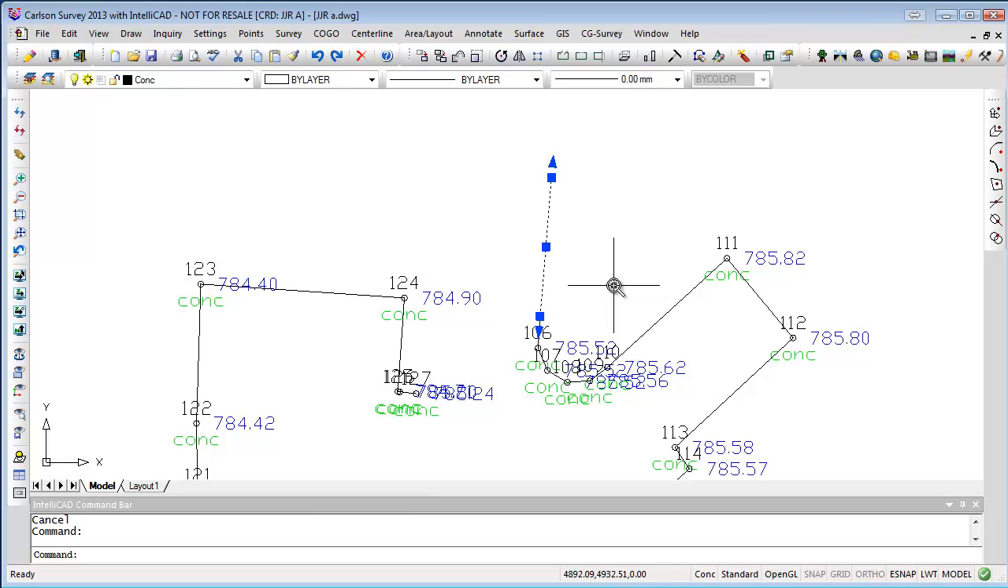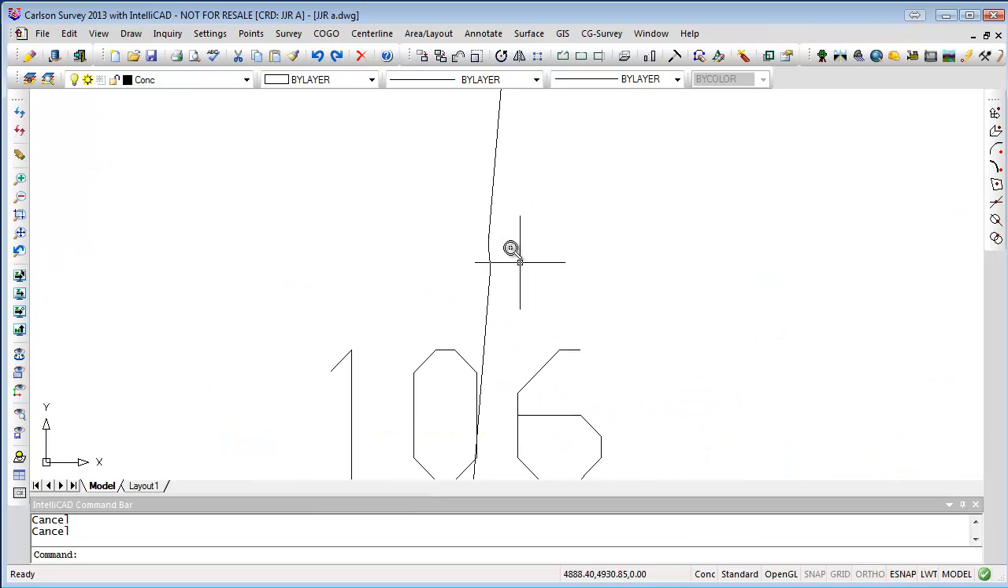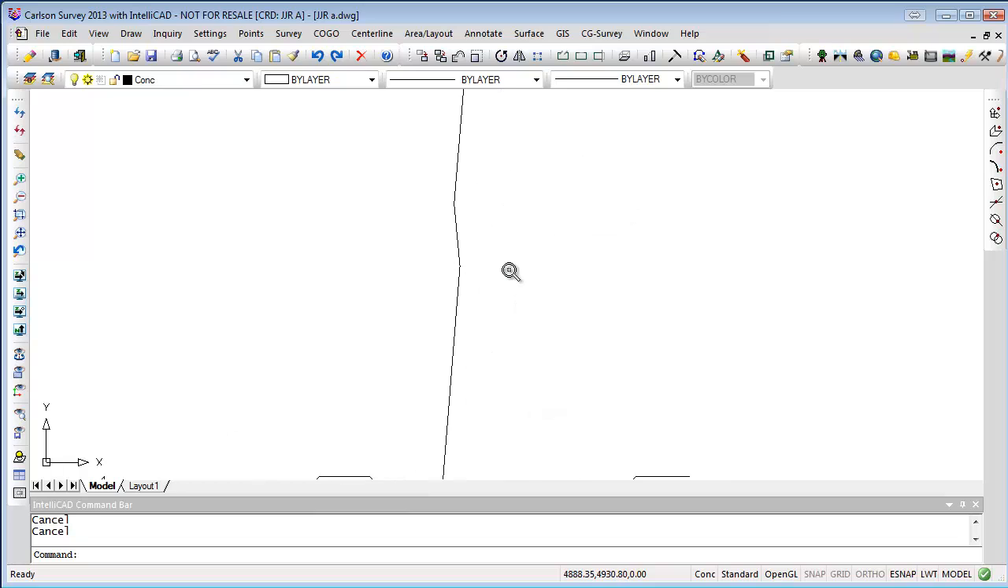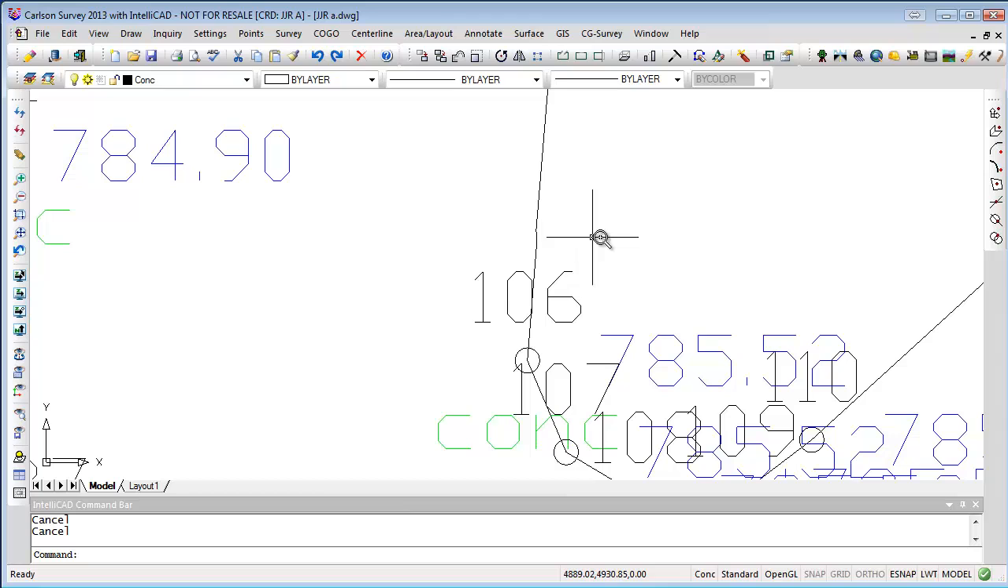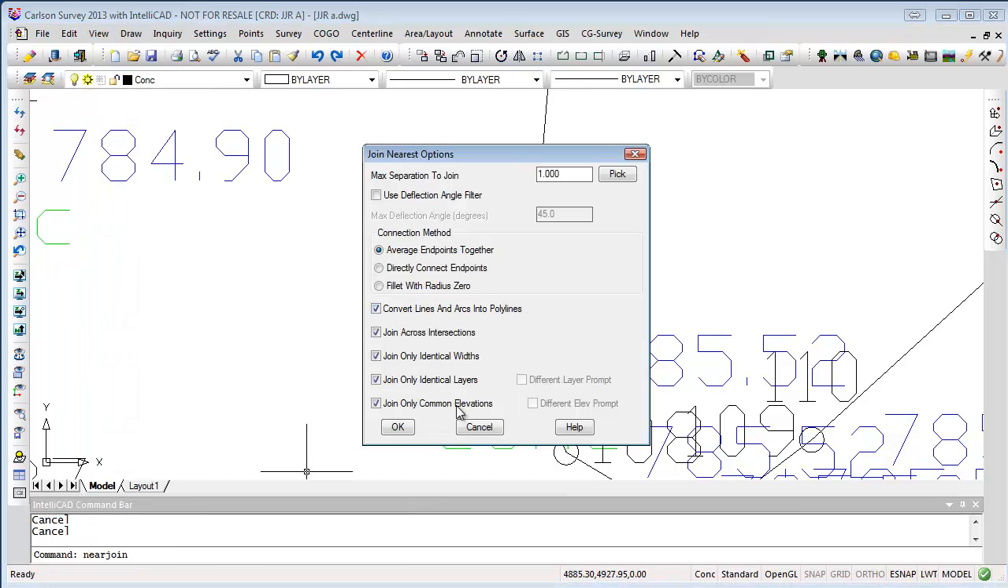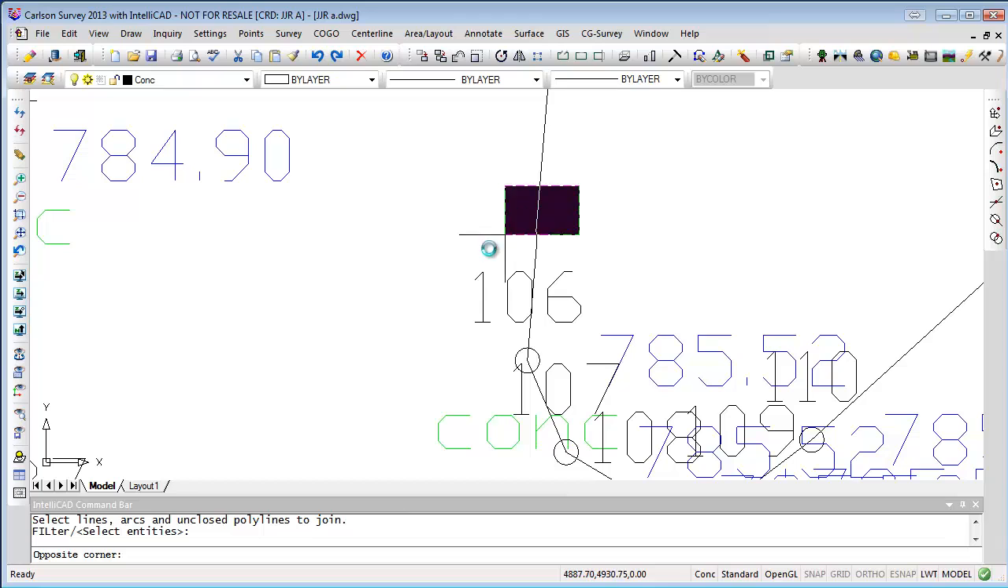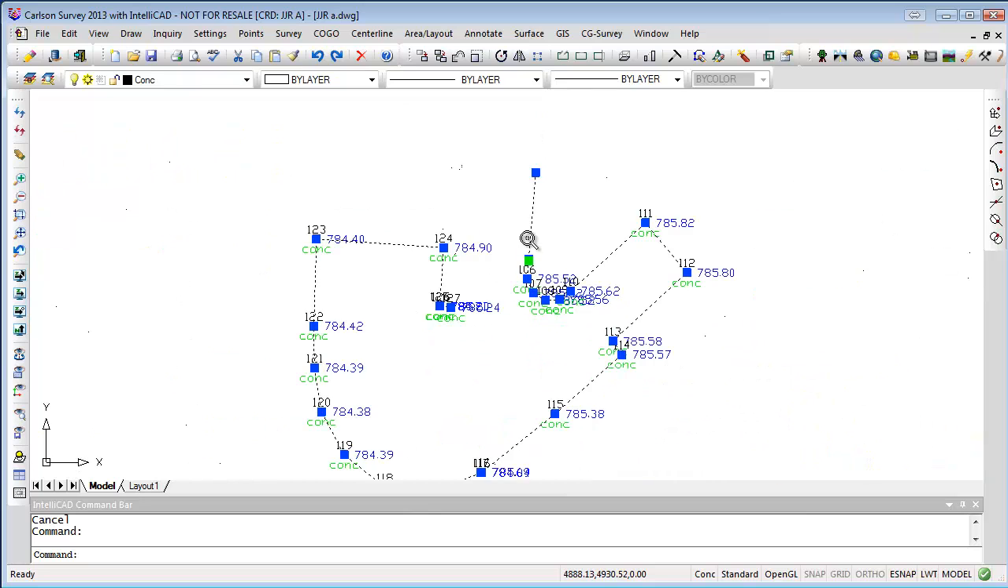It's on layer concrete. Okay, there's a little jog right there, but there doesn't seem to be any points for that. I'm just going to do a edit, join nearest. Okay, and join these. Now it should be. I'm not sure what you've got connected there, but